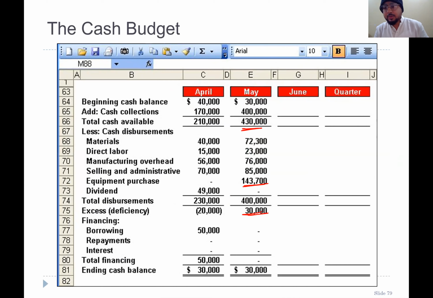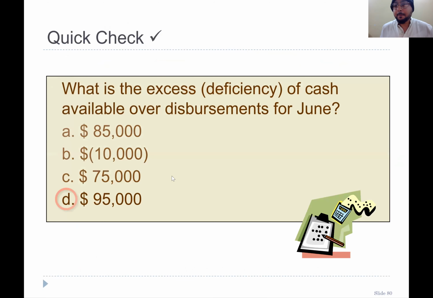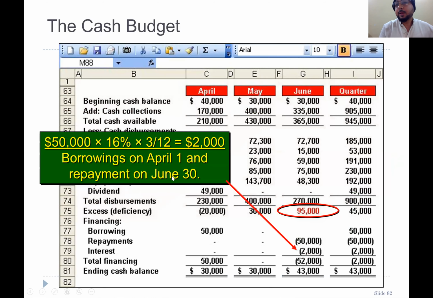When you have 30,000, do you need any further loan? No, because under the bank's contract, 30,000 is there. June, you have this much cash, and you also need to purchase 48,300 as